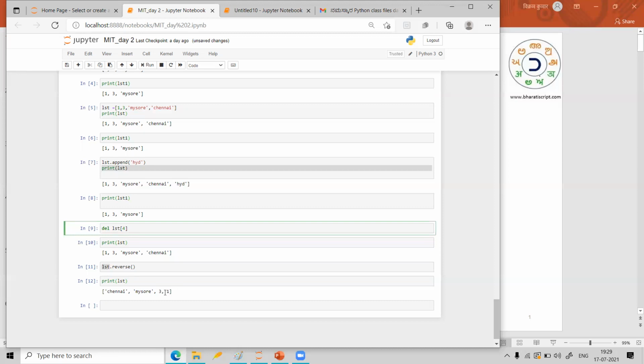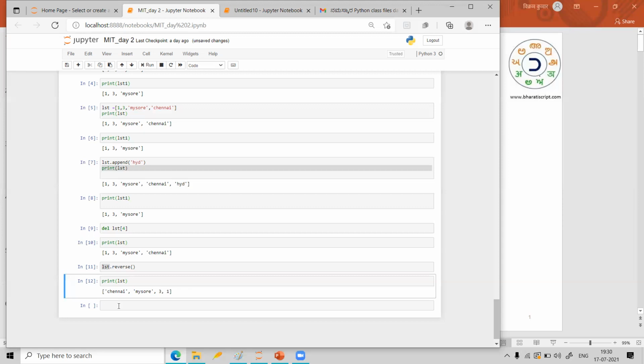Let me check: Chennai means 0, Mysore means 1, and this 3 actually means index 2 now. I wanted to keep Hyderabad after the 3, which means it should come at the third location. So Chennai is 0, Mysore 1, 3 is 2, and then Hyderabad should come at index 3.